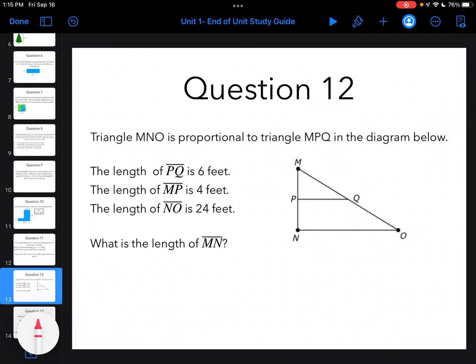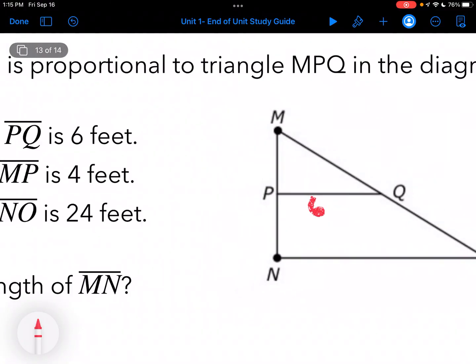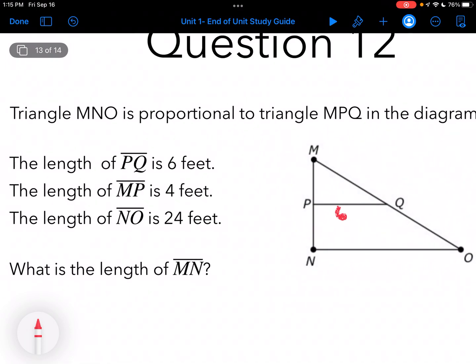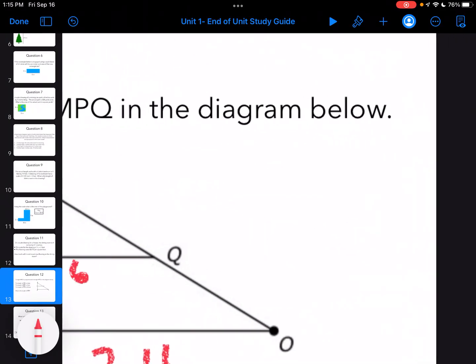All right, these are similar figures. So it says the length of PQ is 6 feet. So I'm going to put that in. Then it says MP is 4. And then it says NO is 24. They want to know what this length is for MN. So I'm going to make my chart